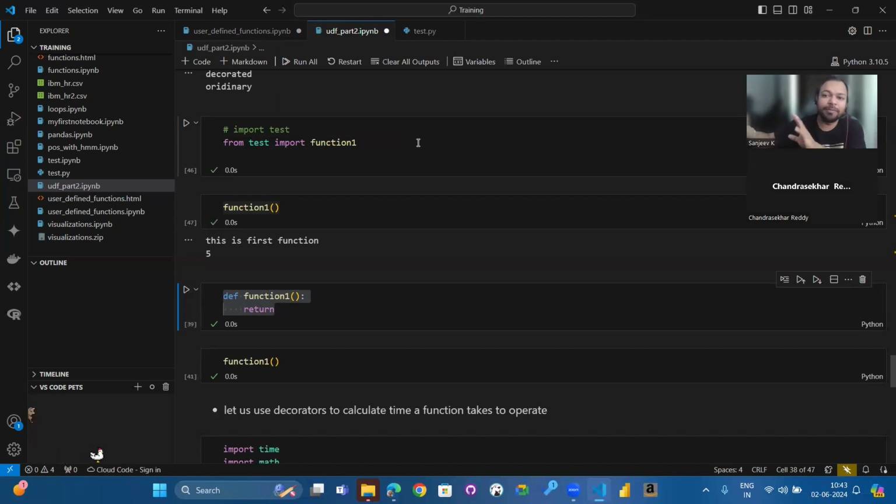After the import, if you go and make any changes, it's not going to reflect. You will have to restart the notebook. Same goes with any Flask application also. Let us say you have a Flask application and you have made some changes, you will have to kill the server and restart the server, like that. Okay.